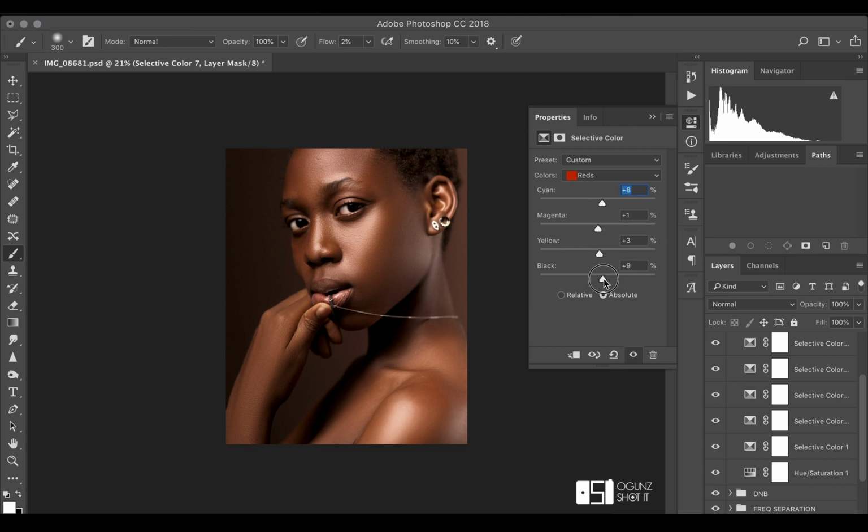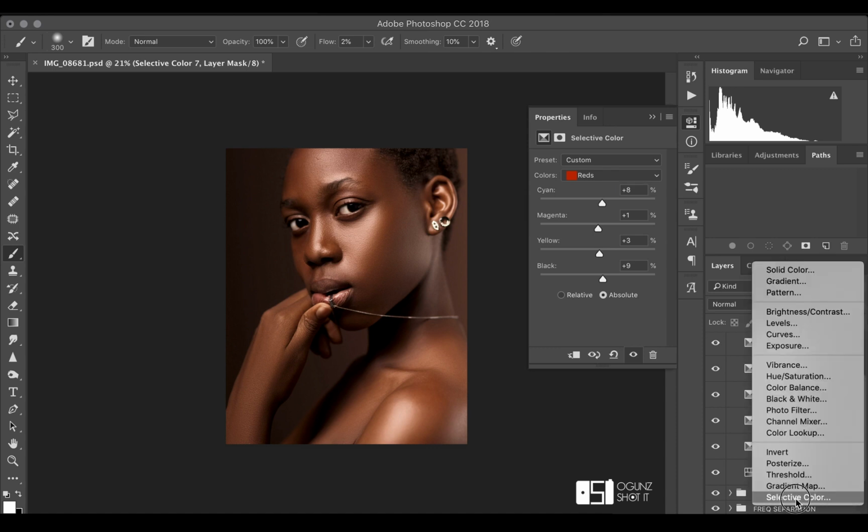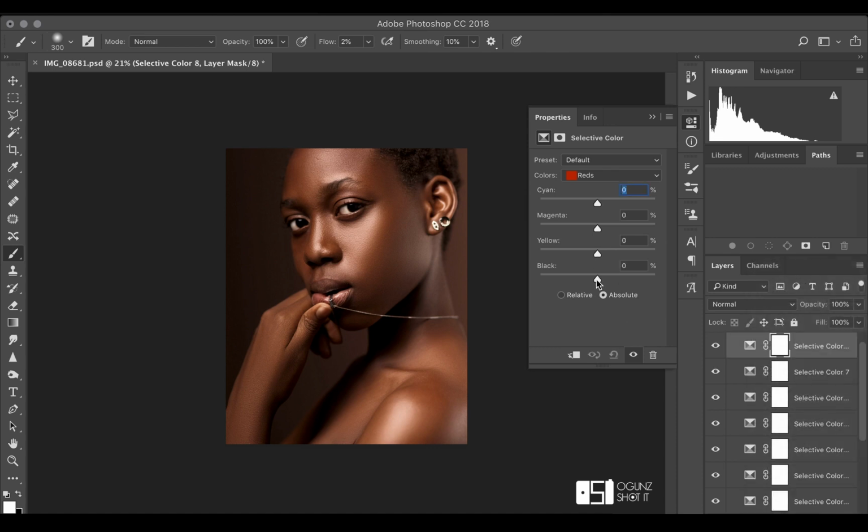So let's put in a little bit of contrast. Let's work on the yellows. A little bit of contrast. Take out a little bit of red. Magenta gives yellow when you reduce, so